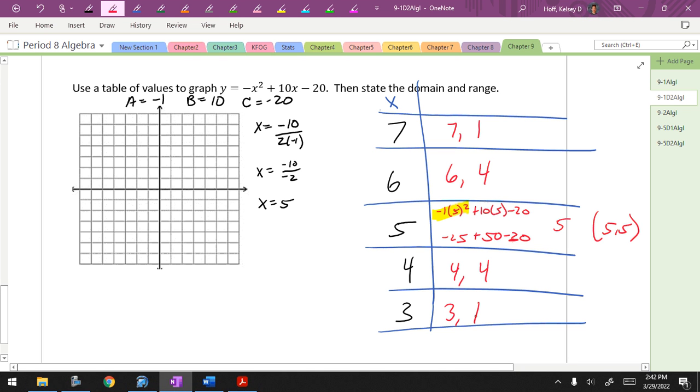If you screw your vertex up, say you lose a negative, say this is a negative 5, so then you'd go negative 6, negative 7, negative 4, negative 3. These will not match. Does that make sense? So not only when we talked about plugging in to double check, but it's also going to double check that your vertex is correct. Because your vertex being off will screw the whole thing up. Okay, so if we plot these points,